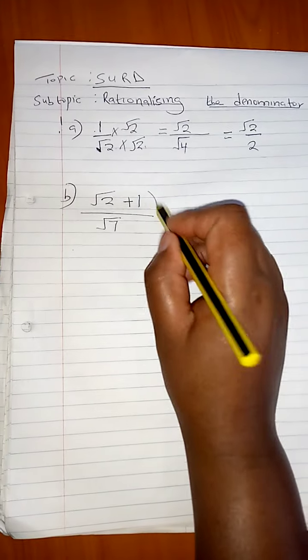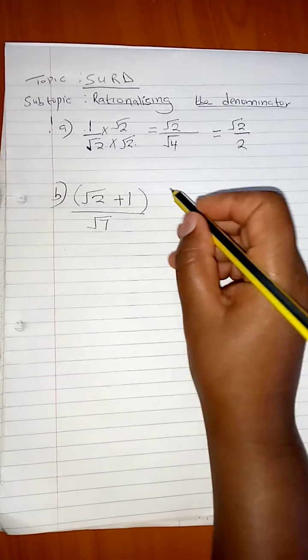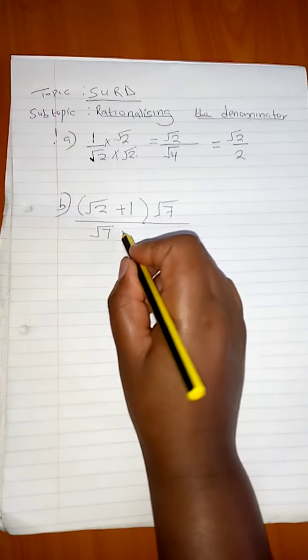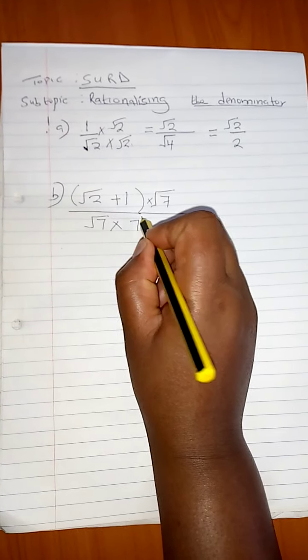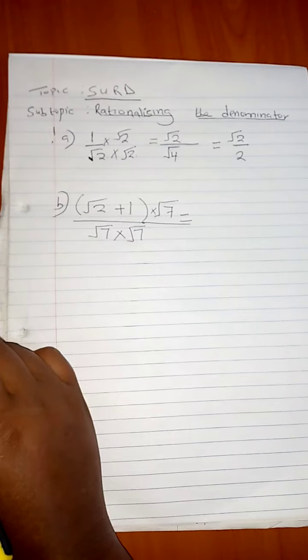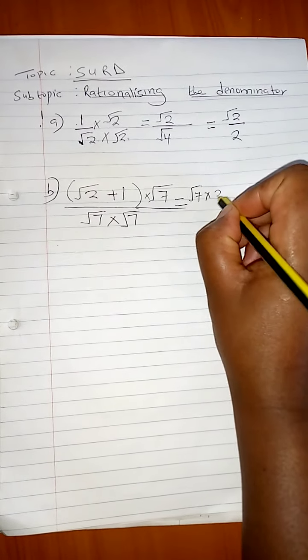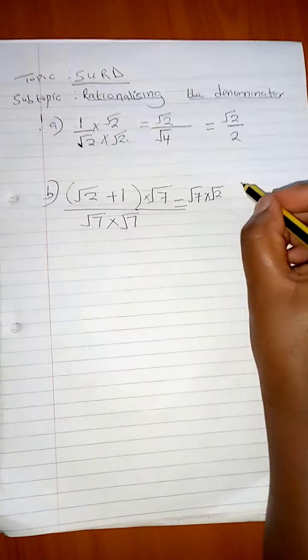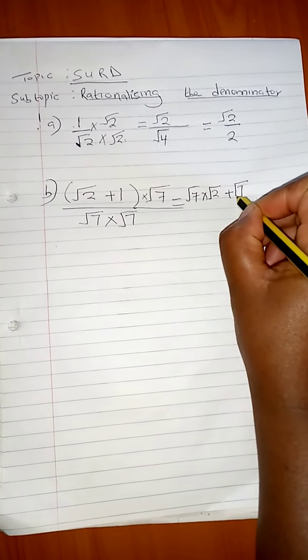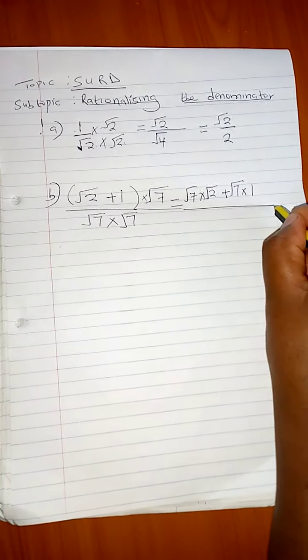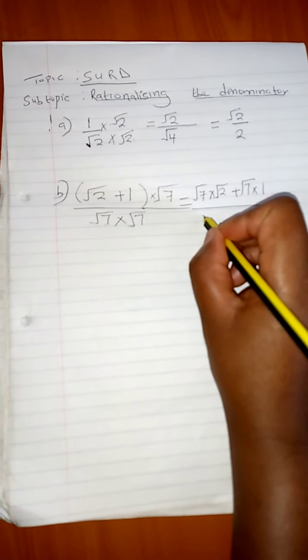So in this case, we are going to multiply the numerator by our denominator, which is root 7, and here also multiply by root 7. So this is the same as saying root 7 multiplied by root 2 plus root 7 multiplied by 1, then divide by root 7